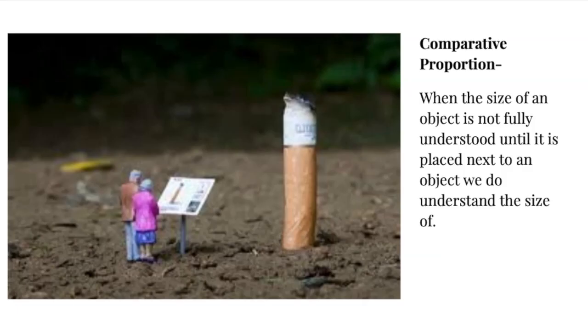Here's another example. You can do comparative proportion, whereas if you would just isolate these two over here, okay, you wouldn't know. It would just be a picture of these little people here. If you just took this and looked at it, it would just be a picture of a cigarette. But when you put the two of them together, you're getting a sense of how big that is. In order for this to work, you need something you know how big it is. So the reason we know how small these people are is because we know how